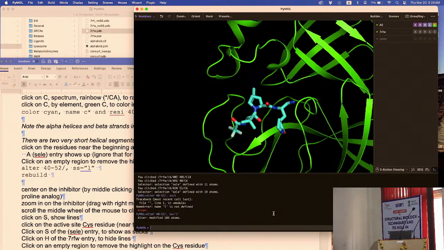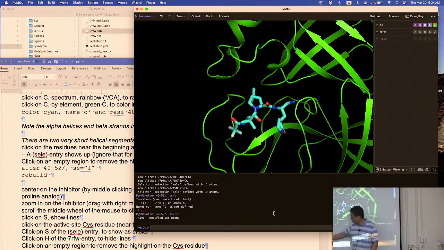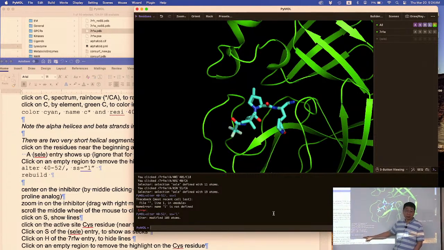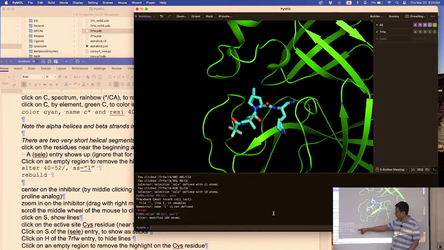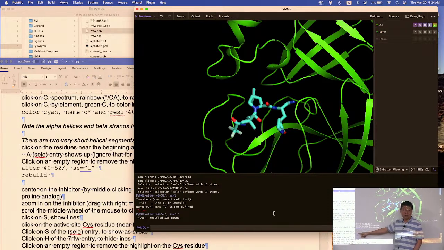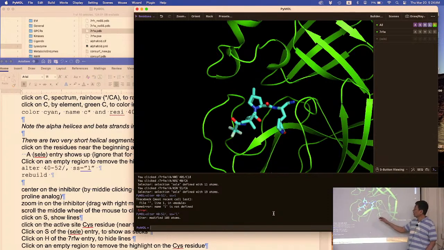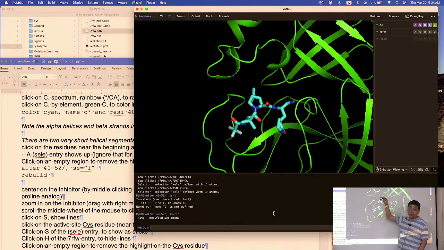So it should respond, tell you modified how many atoms. You should see that on your text display. If I typed something wrong, it gives an error. I got an error because I forgot the quote, either double quote or single quote. So I changed it, put in the quote, and then it's fine. So that's sort of the way to give that command, but then they only changed the definition, but then